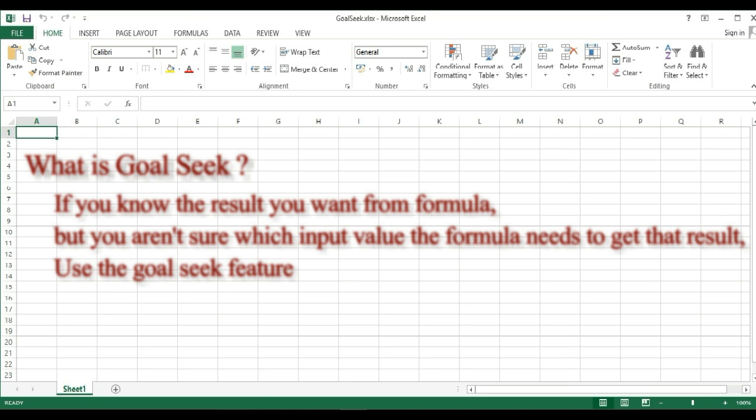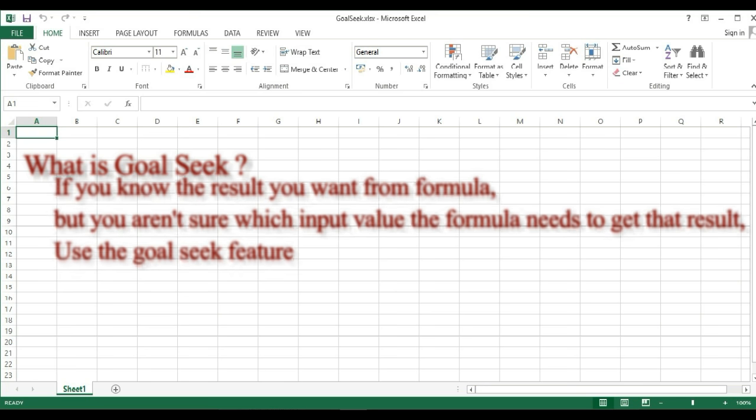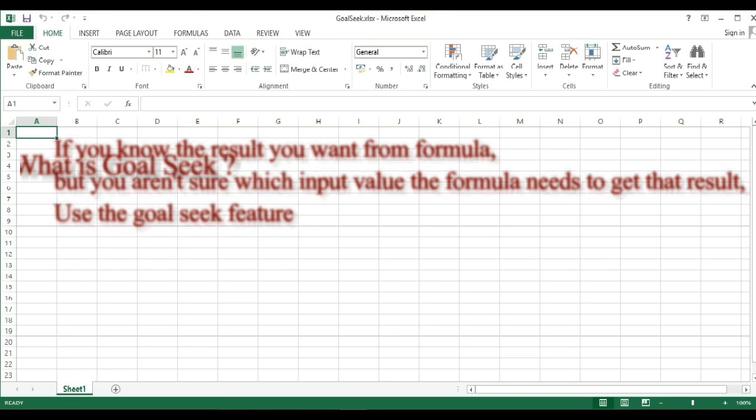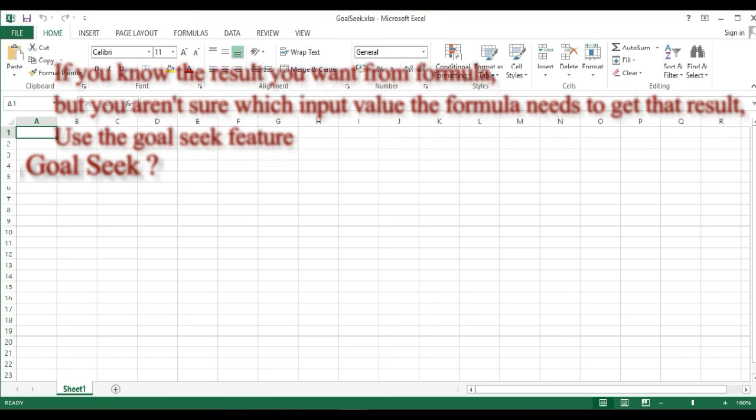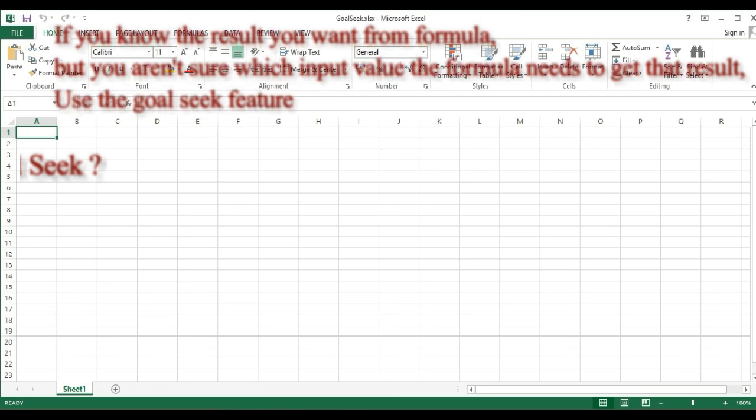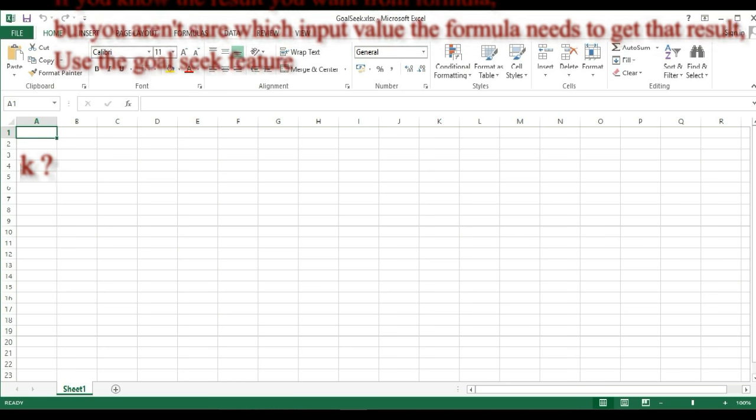This is just a simple example which I am giving. In case of complex formulas, if you know the output, and if you want to know one of the inputs which will actually result in the output which you know, in that case you can use GoalSeek. This is the definition of GoalSeek. So we'll see an example